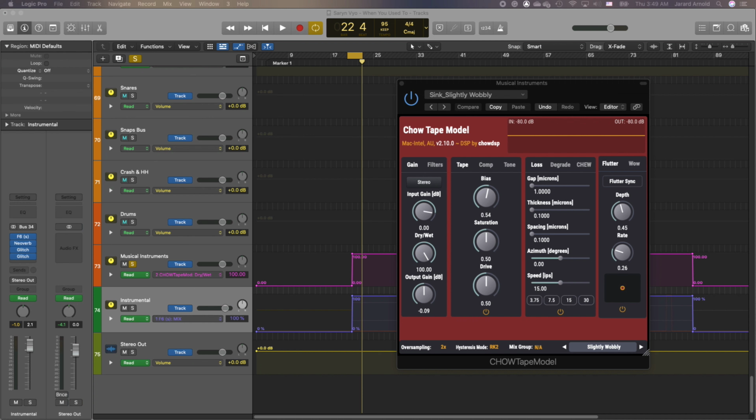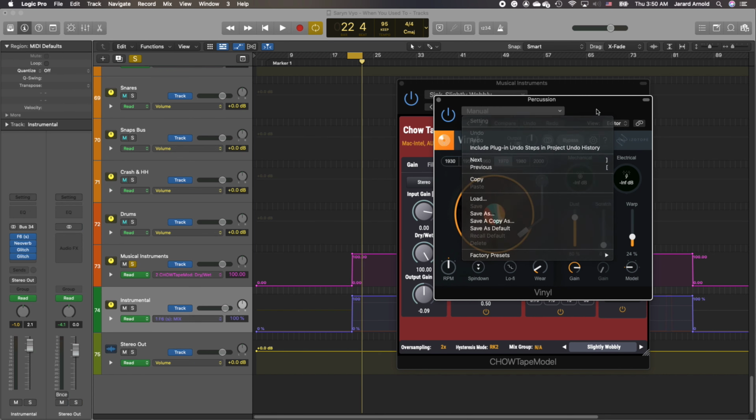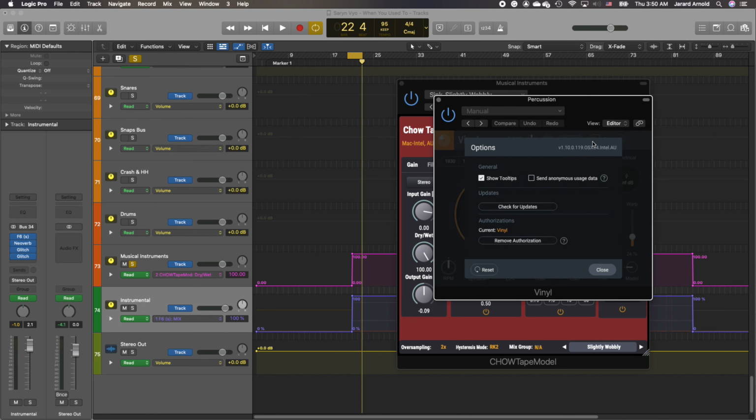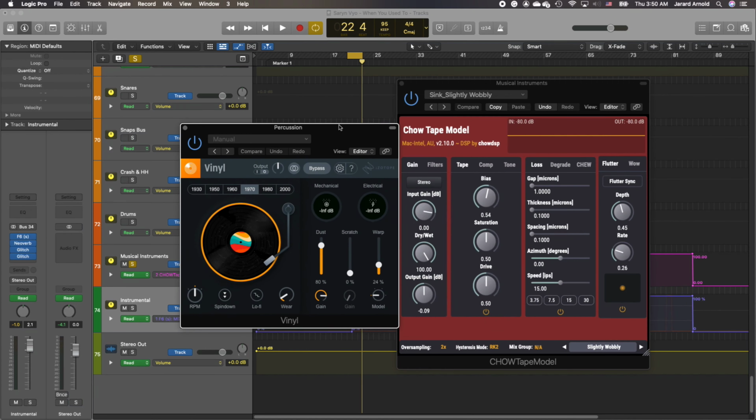iZotope has something with vinyl that should still be free, and this is how it looks. And you basically do the same thing, but it's with a record, and you can warp it and all this other stuff. In this case, I don't think they have anything preset to where you can set it a certain way, so you have to create your own presets. And then you can add the mechanical thing. So this is the other thing that they don't add. Right? I don't know why I didn't think of that, but say